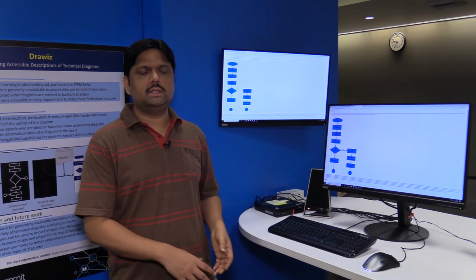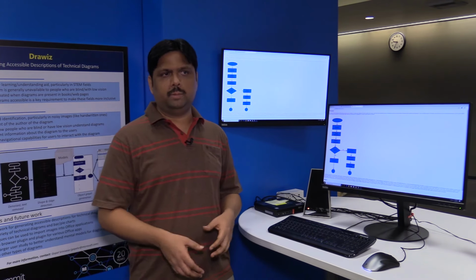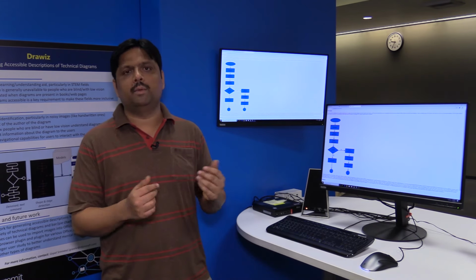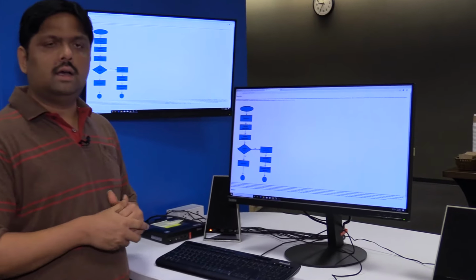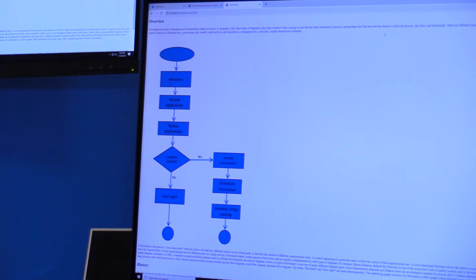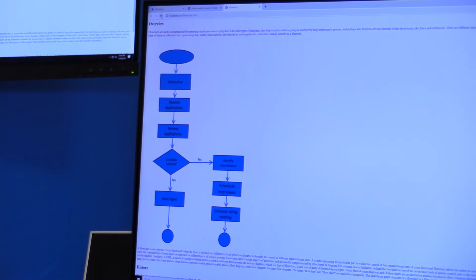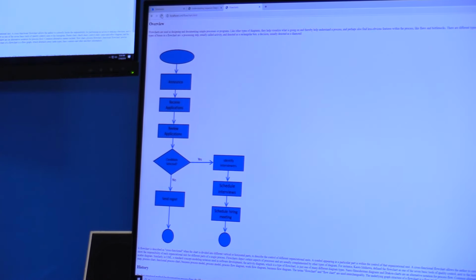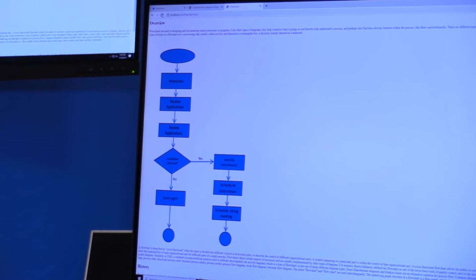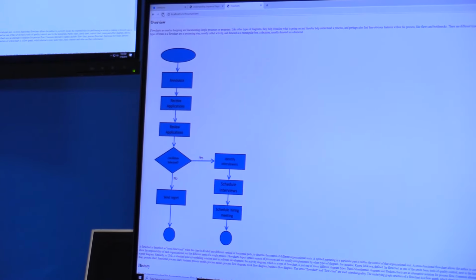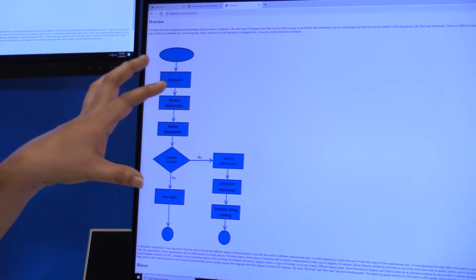Now, before I talk about the project, let me try and put you in the shoes of a person who is blind or who has low vision and is working in a STEM discipline, like let's say computer science, right? So a person comes here, they visit this web page, and as you can see, it's talking about flowcharts, and thanks to screen readers, they actually hear about the details of the page. Flowcharts are used in designing and documenting simple processes, so the screen reader actually reads out most of the text content on the page. Now, while that's a good amount of information, however, the meat of the content is actually present in the image here, right?